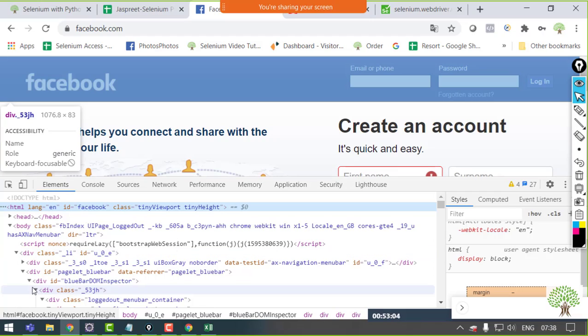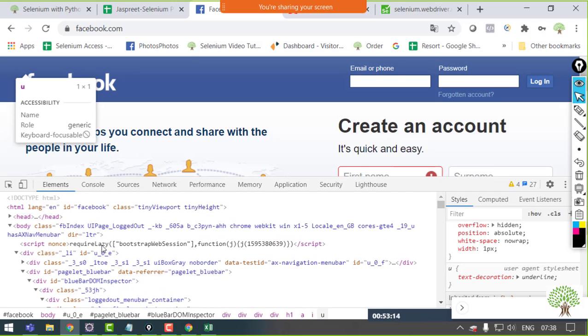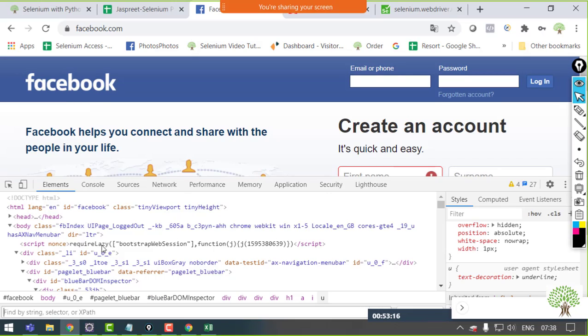So if I have to make the complete XPath on my own for some element, like say this Facebook text, and I want to get the text of this, how will I be able to do that? Just hit Control F over here. You will get an option to write down. Over here you can make the XPath on your own. So if I have to make it, how will I start? I'll say HTML, the start of the document.